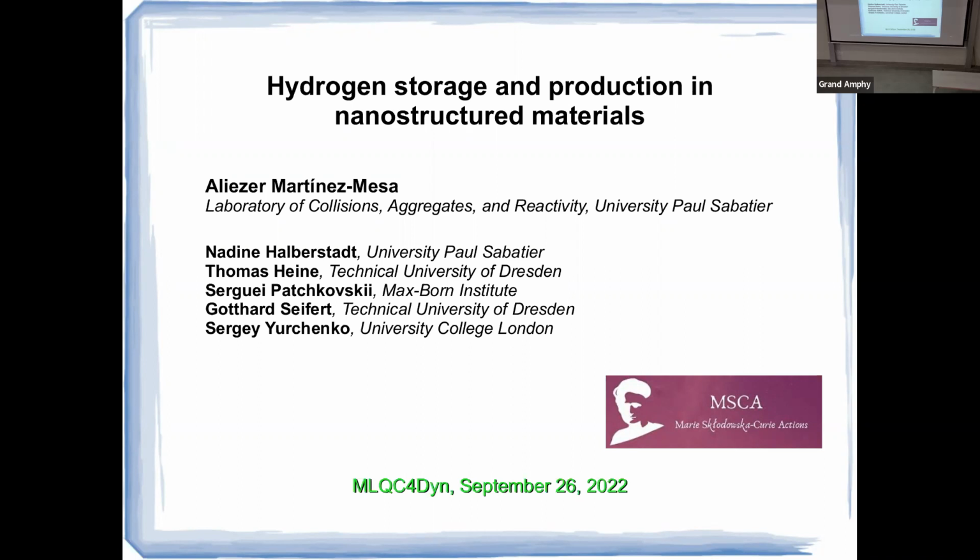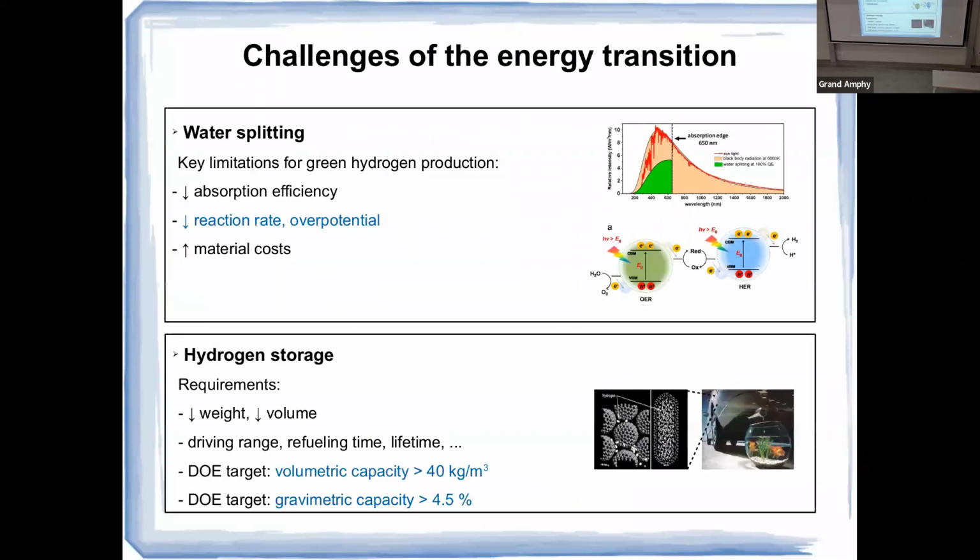The efficiency of the water decomposition using sunlight is still too low for commercial purposes. And also, if you want to try to use some catalysts, then the material costs are simply prohibitively high. Among the difficulties of hydrogen production, we will focus on how to make the reaction quicker. This is limited by the so-called oxygen evolution reaction.